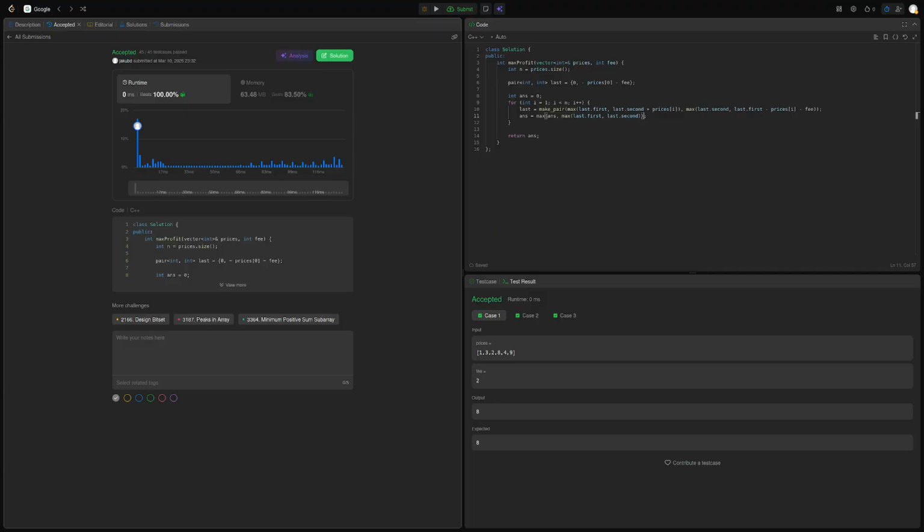Oh, 0 milliseconds, hell yeah. Oh, because I'm not doing an entire allocation. Okay. Okay, we are cooking. Okay, can I reduce space? Probably. Not sure if pair is inefficient though. Space-wise. It doesn't matter, so